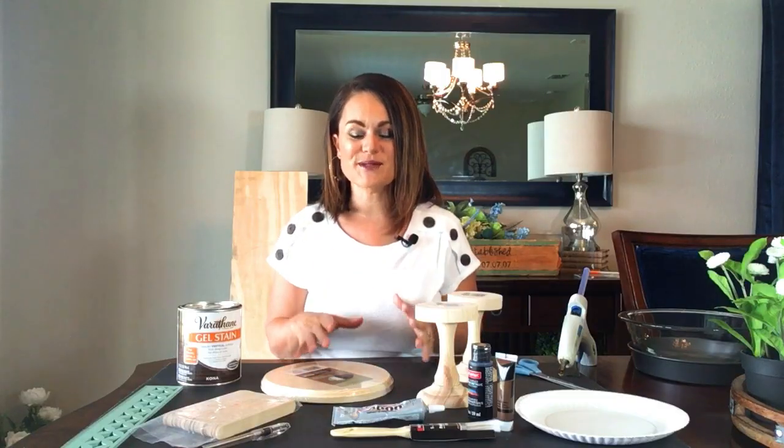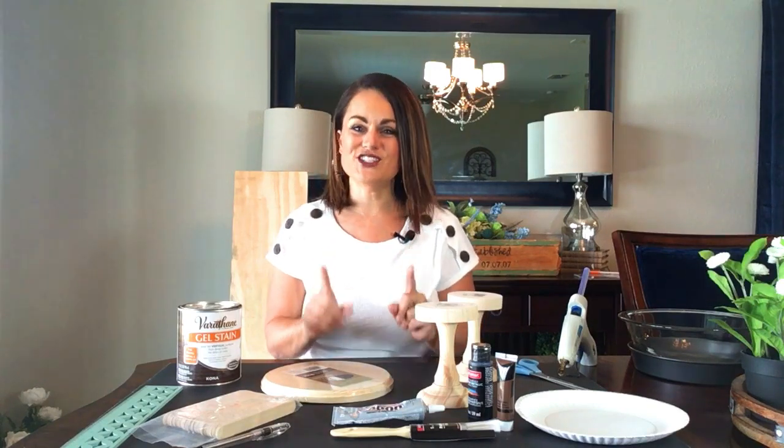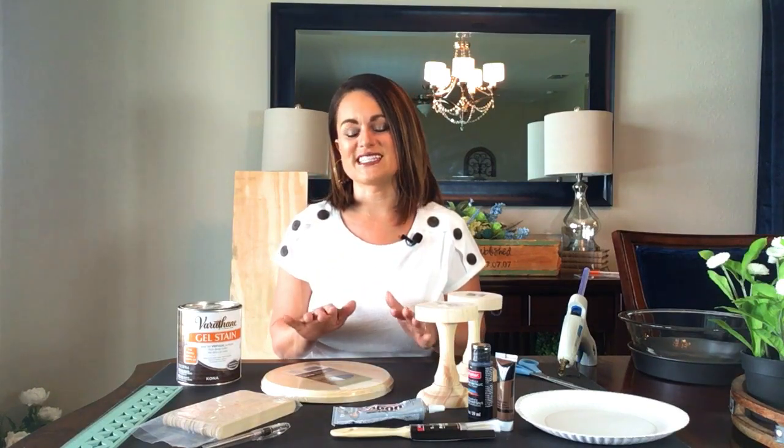So this week I'm going to be doing a knockoff of a Magnolia Home cake stand, and I'm actually going to make two of them so we can do a tiered effect. And I'm going to make it two different ways, and you'll see why in a minute,